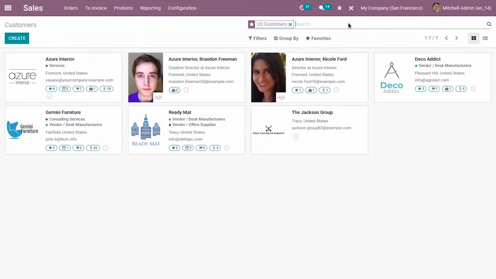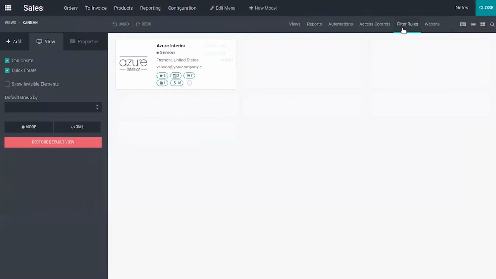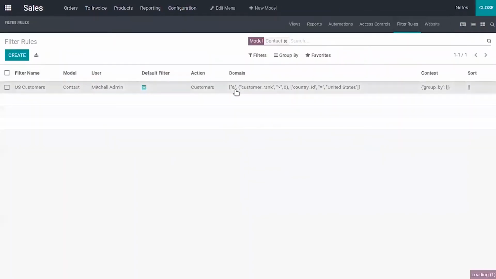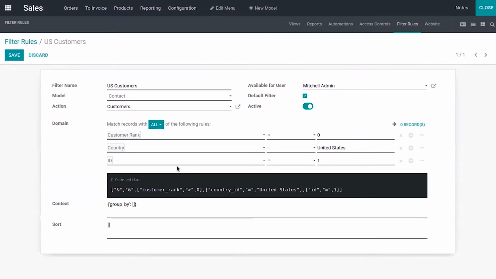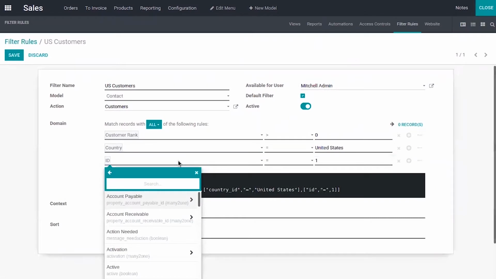Then we can also make changes to the filter. That is, when you open the form view, we can edit the domain. Here we already have a domain, country equal to United States, and we can also add more filters. So we can click on add more and provide the required field.